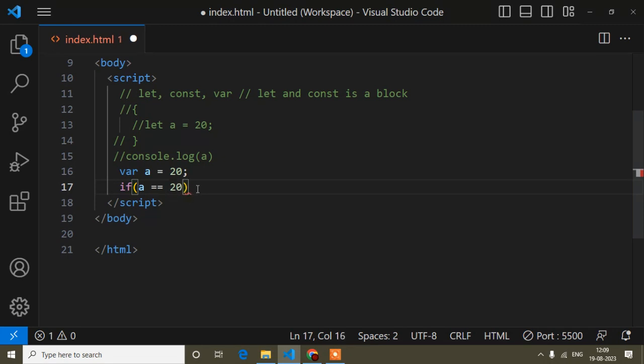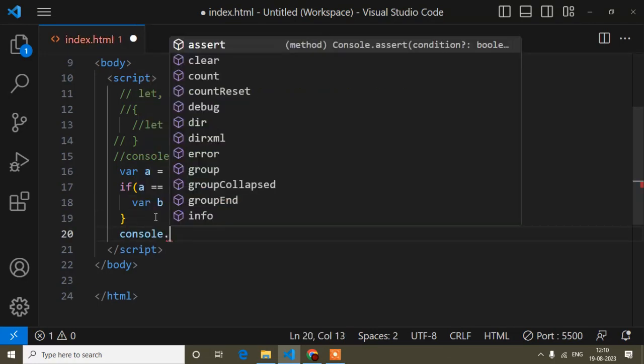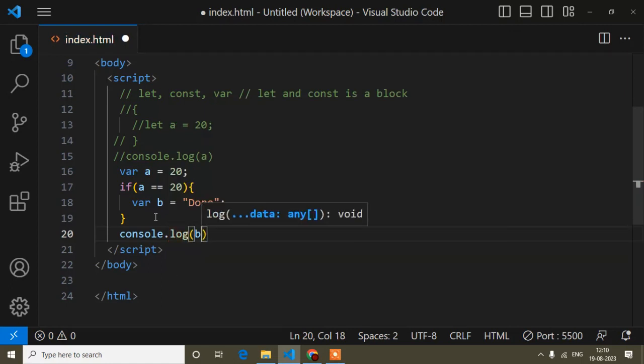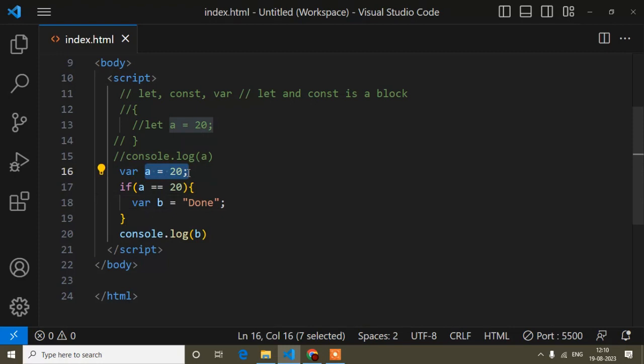So that time here I will define another variable. Variable name is b, and here I will write a string value. Done. So now here I will console.log b. Now just guess what will be the output. So a value is 20, right?